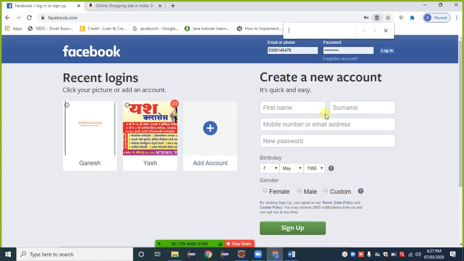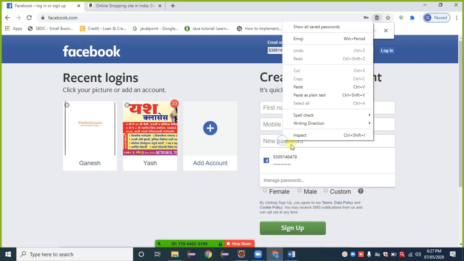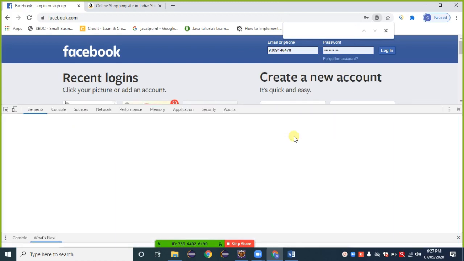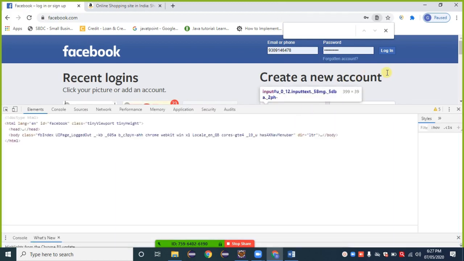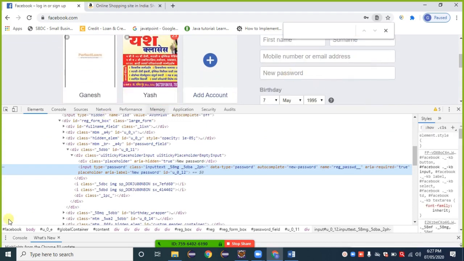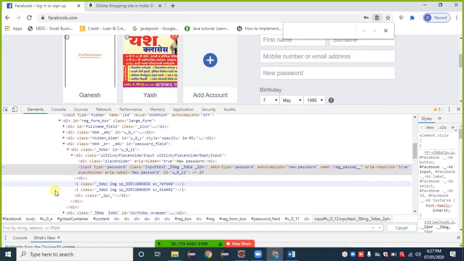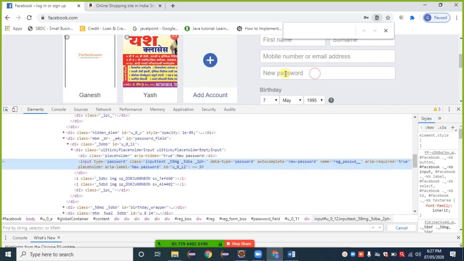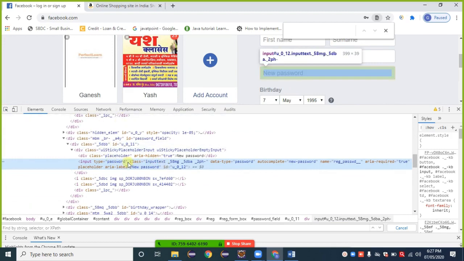Coming inside Facebook, inspect this new password field. Control F. I inspected this new password field, which is a text field. Here I am going with the type attribute.